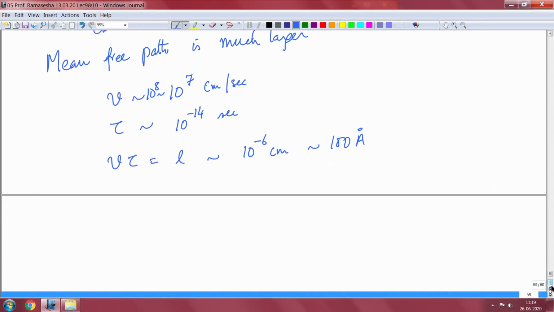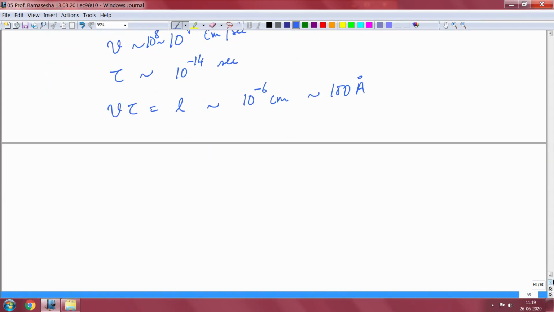So what I am going to do is stop at this point, and in the next lecture I will discuss the shortfalls of the free electron gas calculations and how we can go beyond free electron theory. We will then come to nearly free electron models, and further to that some energy band calculations.